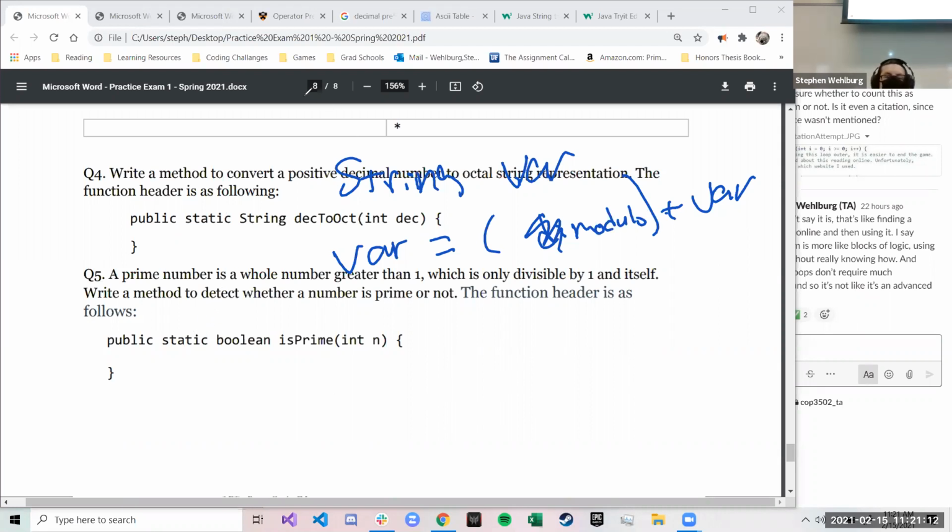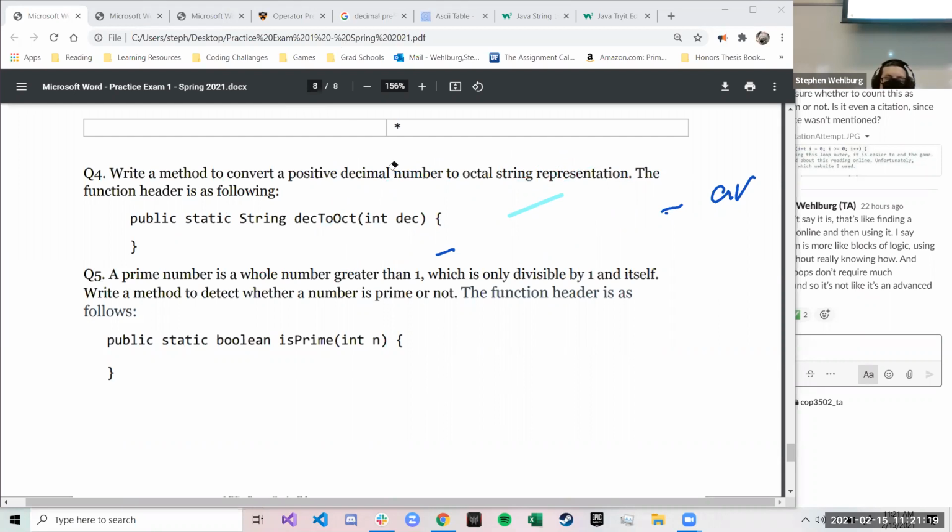Last but not least, a prime number is a whole number greater than 1, which is only divisible by 1 and itself. Write a method to detect whether a number is prime or not. So that kind of thing, a for loop would be great. And then using if statements, you could do modulo. So just a for loop. i equals, you want to start at 1. Actually, you'd want to start at 2. Yeah. And then i less than n